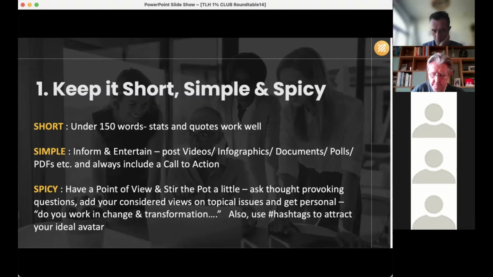The people that are not can just scroll through and get onto the next post, but those that do work in change and transformation are likely to stop and read the next line, and that will start to get that initial engagement.